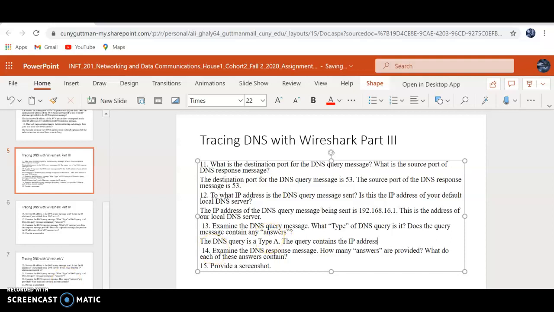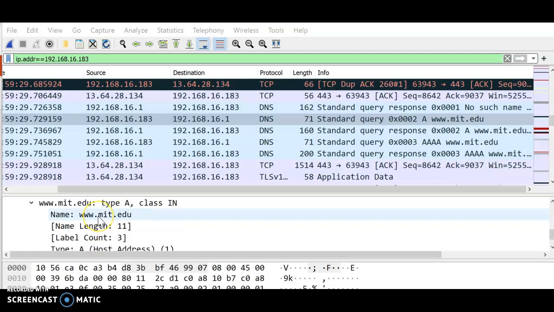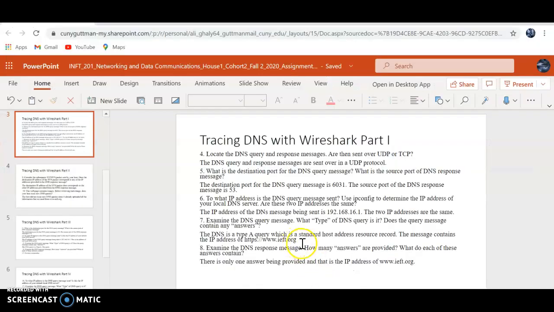Well, as we can see here in the query, we have the name of the website, which is www.mit.edu. So we could say in this message,